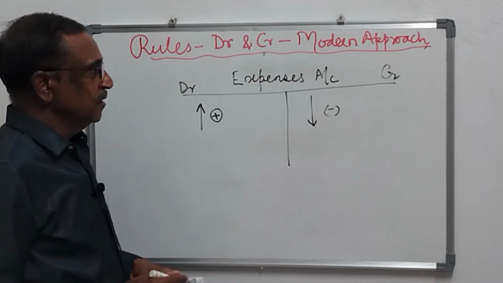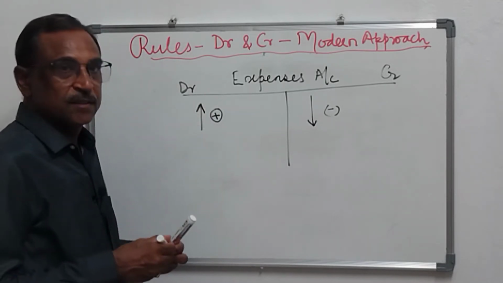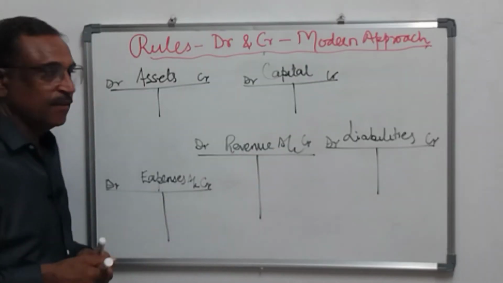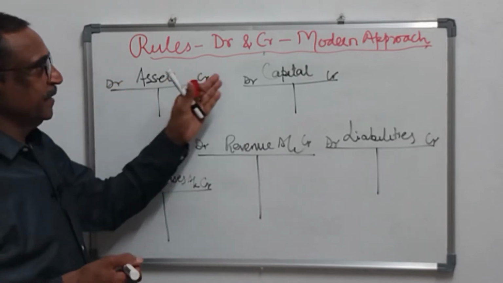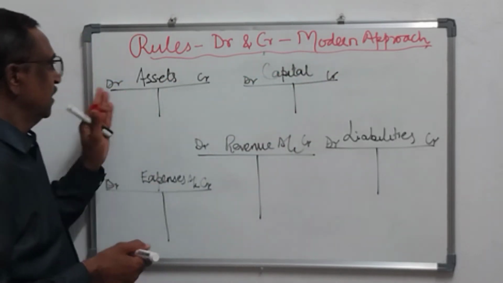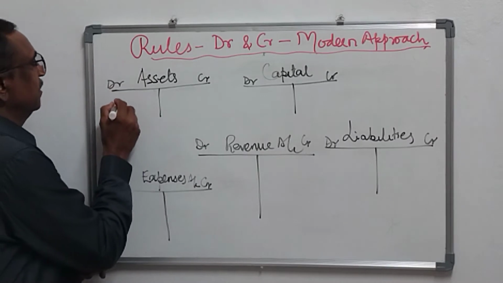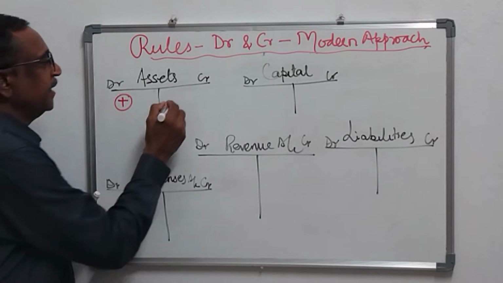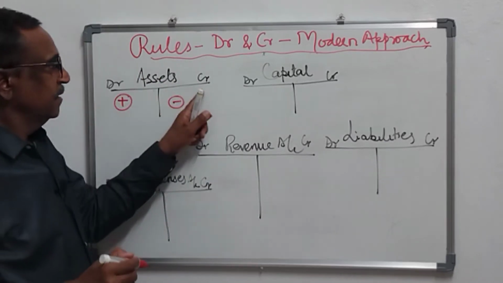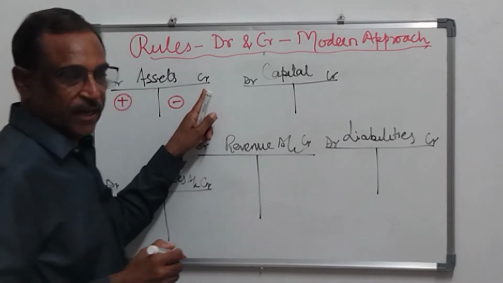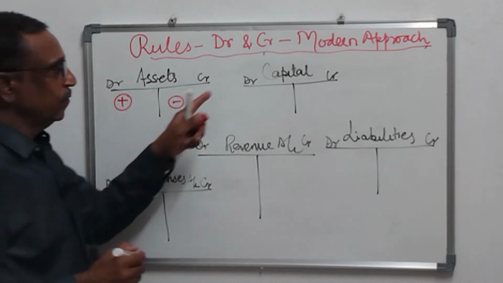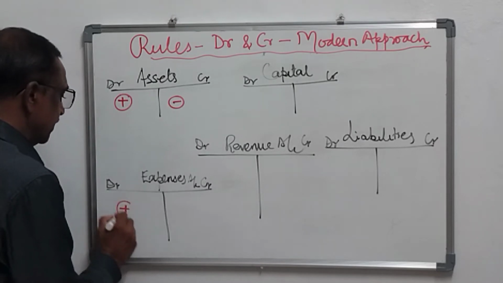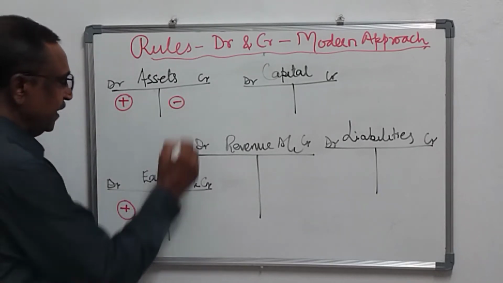And now let me sum up all the 5 rules on a single board. Now let us revise the rules of debit and credit as per the modern approach. For assets, the rule is: increase in asset is debited and decrease in asset is credited. Okay? And the same rule applies for expenses. Increase in expenses is debited and decrease in